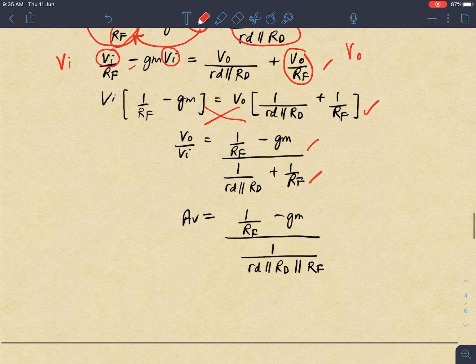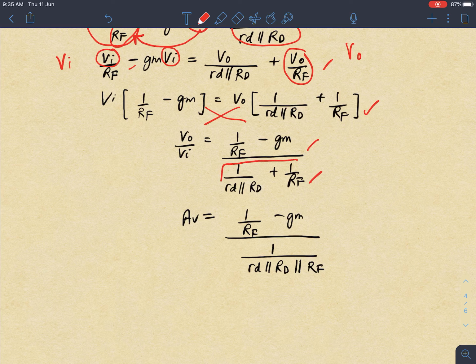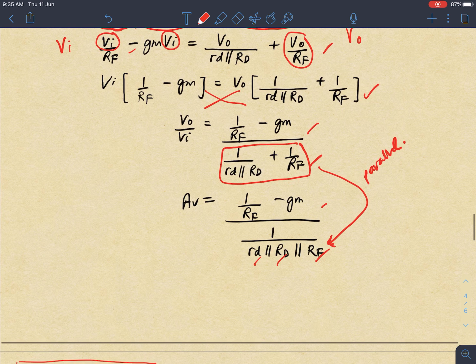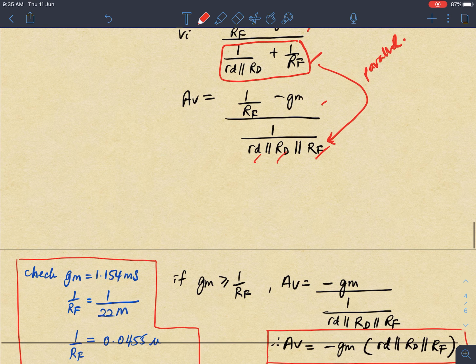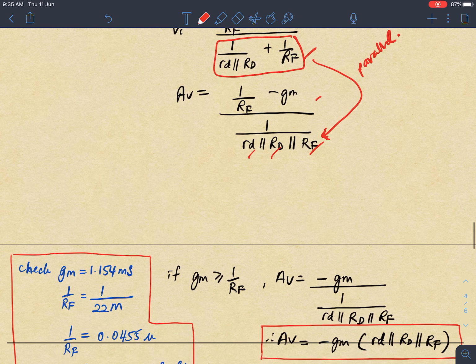Now you see at the bottom part, I can rearrange this equation. This is actually the parallel R, rd, RD and RF. So 1 minus this one. When I rearrange this equation,